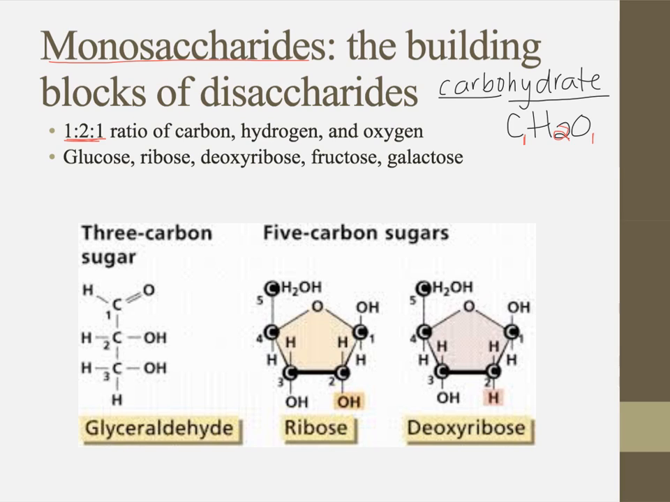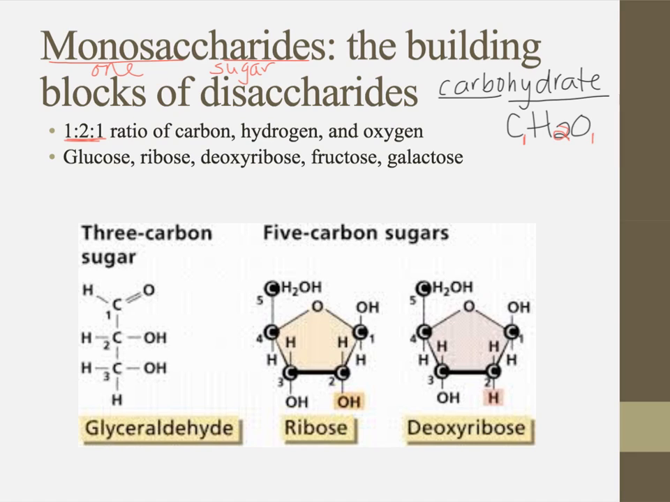So maybe let's back up for just a second. Okay, this word saccharide means sugar. So sugars are one of the ways that we can say carbohydrate. So saccharide meaning sugar, mono meaning one. Okay, these are our simple sugars. Carbohydrates made out of one sugar, and they have a 1 to 2 to 1 ratio of carbon, hydrogen,